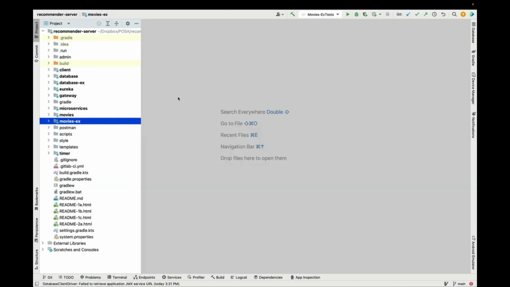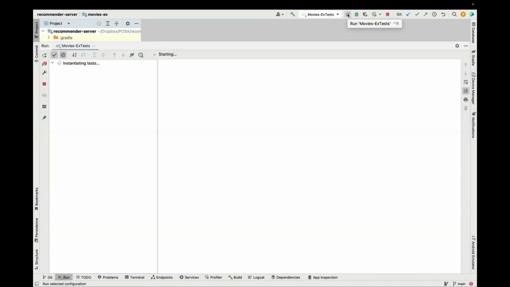Now that we've walked through the specification and the skeletons, let's take a look at how to run the tests. First thing you need to do is rerun the tests for the Movies EX module, which was the basis of the last part of Assignment 1, Assignment 1C. We've made a few minor tweaks to the test to test things more thoroughly and also to improve some of the methods to make them more concise and less verbose and duplicative. So what you need to do here is go ahead and run the Movies-EX